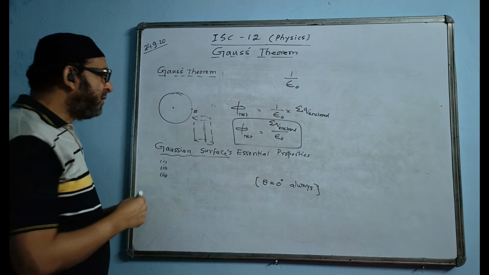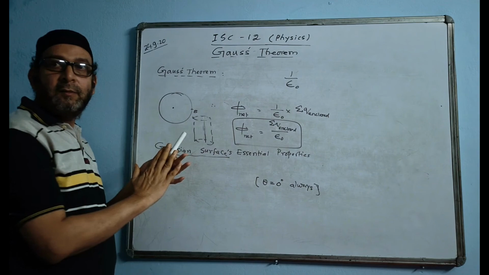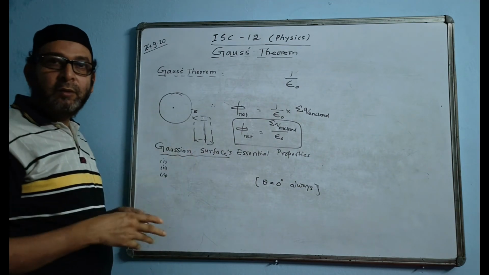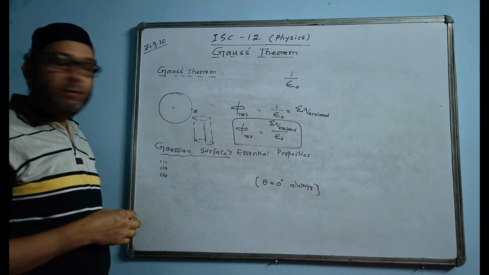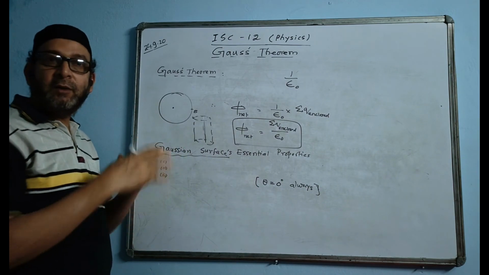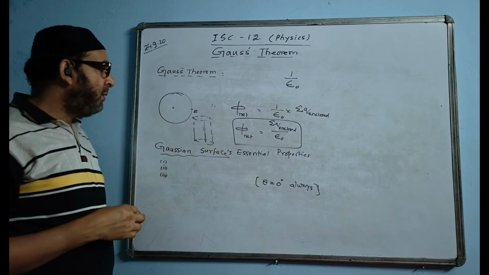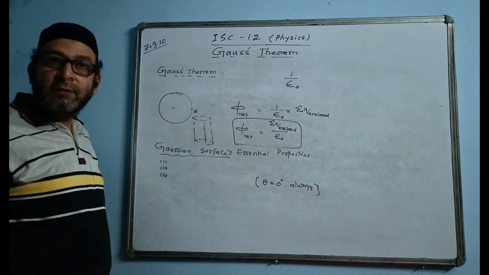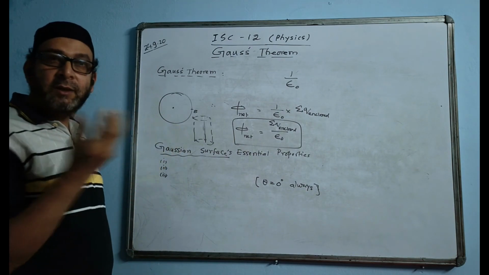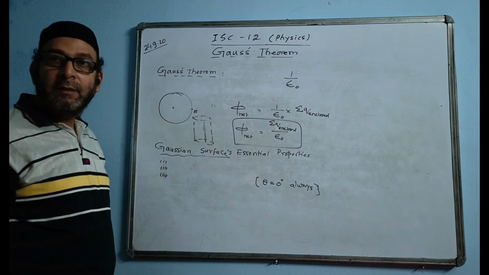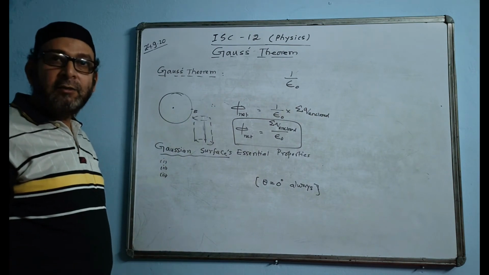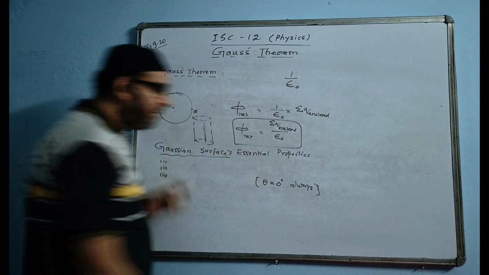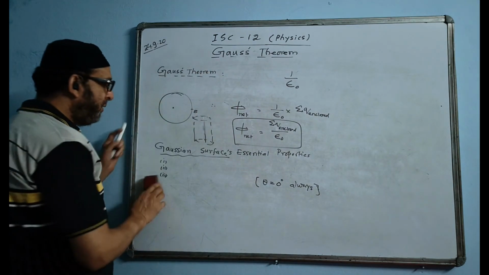And if the surface is rectangular, then the Gaussian surface will be a cube, or it can be a square. You have to go for a closed surface; if it is square also, it will be a cube or cuboid. So it has symmetry to the nature of the shape of the charges. Whatever shape the charged body has, the Gaussian surface will be symmetrical to that. It will be identical to that. That means the shape will be almost the same. Okay, these are the important properties of a Gaussian surface.